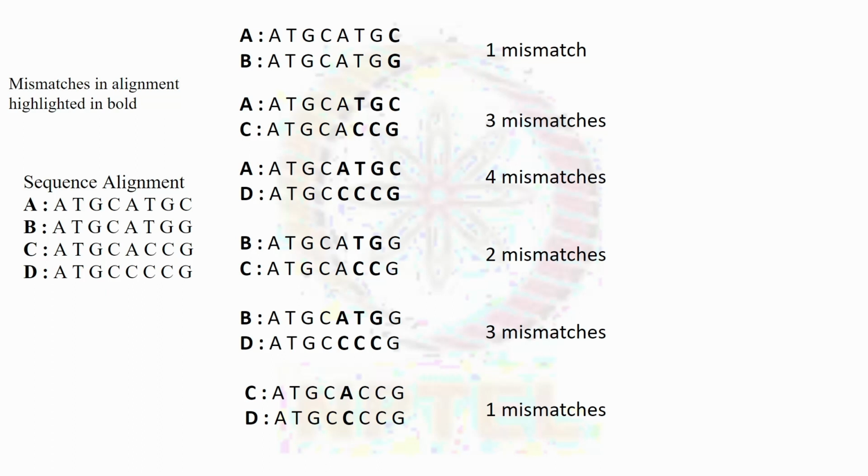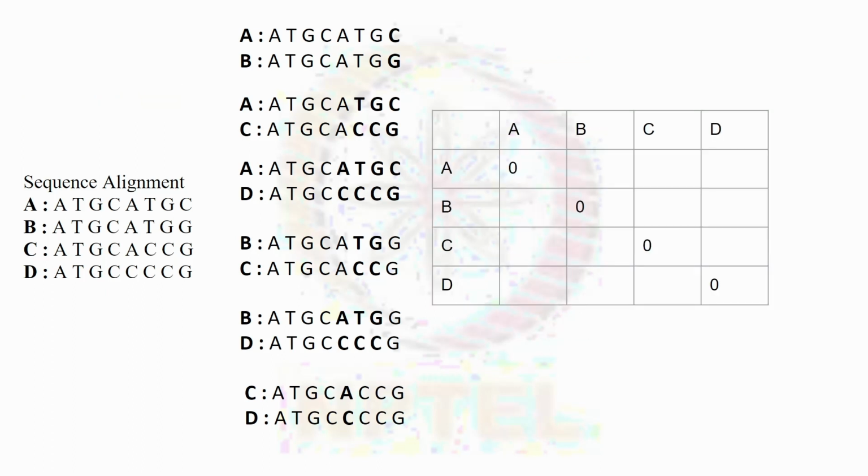Now, knowing the number of mismatches, we'll build a distance matrix. Along the diagonal, I have added zeros because between A and A there are no mismatches, B and B no mismatches, C and C no mismatches, D and D no mismatches. So I have added all zeros along the diagonal. Then the number of mismatches between A and B is 1. Similarly, I have built